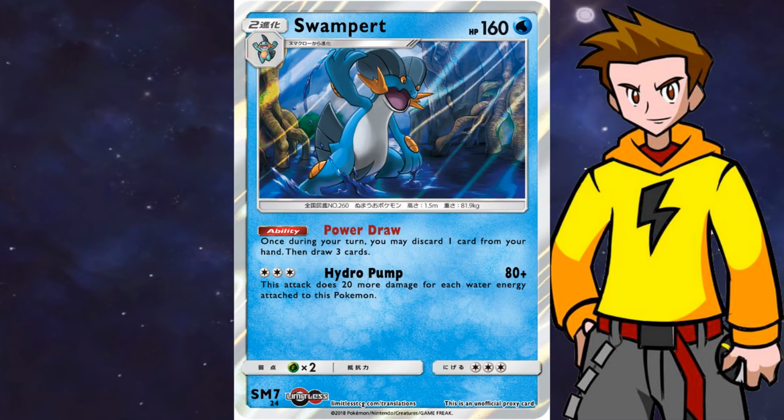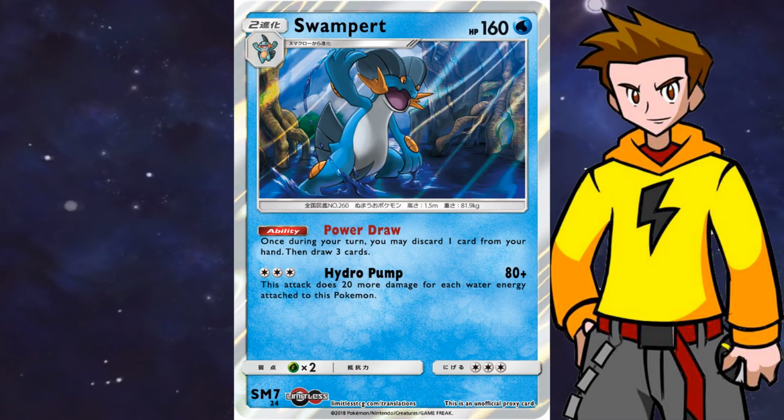Wow, that's insane. Can you imagine getting 3 of those out, drawing 9 cards per turn? That's crazy. Again, the snowball effect comes into play here. As soon as you get your first Swampert in play, it's very easy to get the second one out and potentially the third one. The reason it's not higher up on the list is because it's a stage 2 Pokemon,